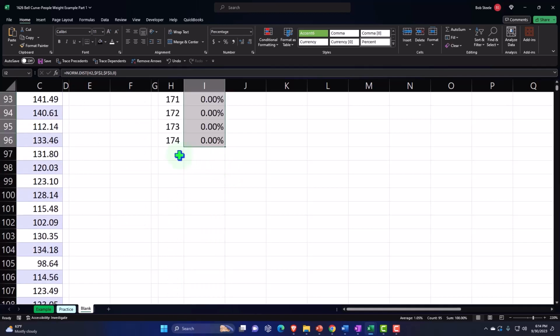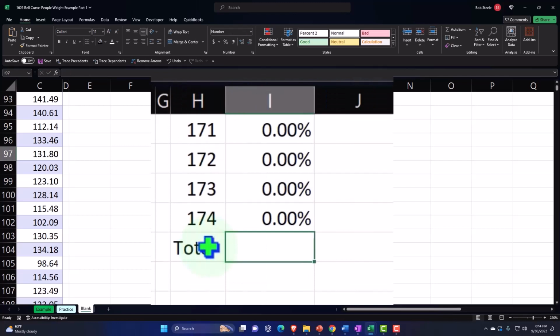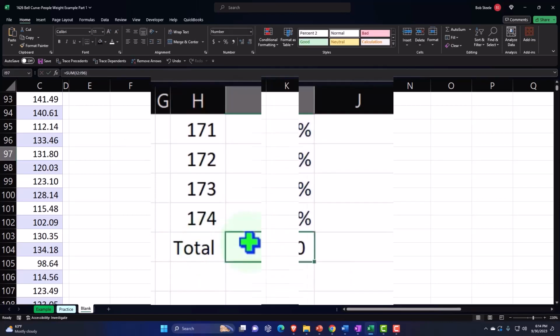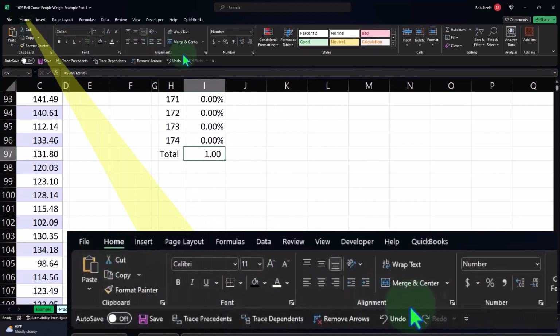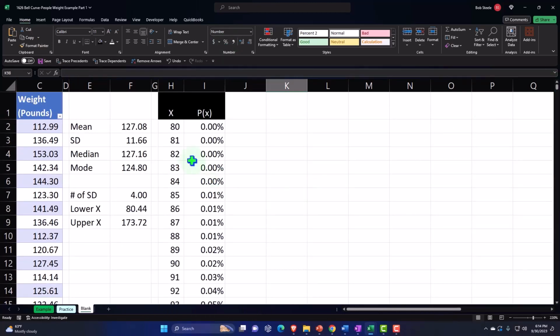Now if I was to total this up, I say Alt equals to sum, the trusty sum formula, and we get 1, or 100%, because basically all the data is in there. All right, so that looks good. And so now I'm going to say okay,